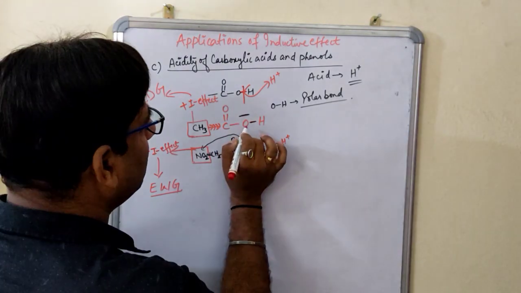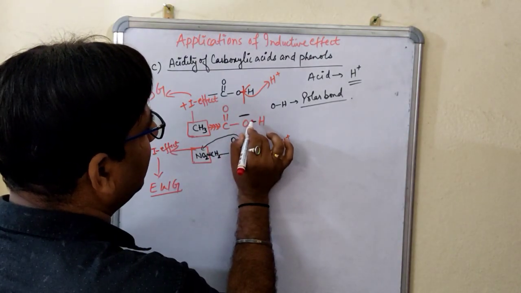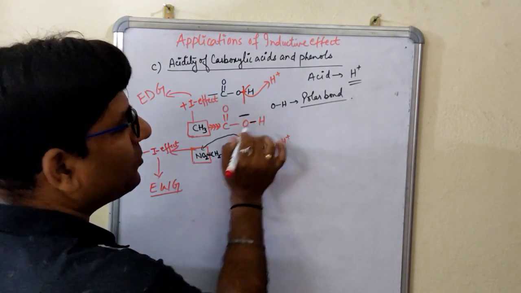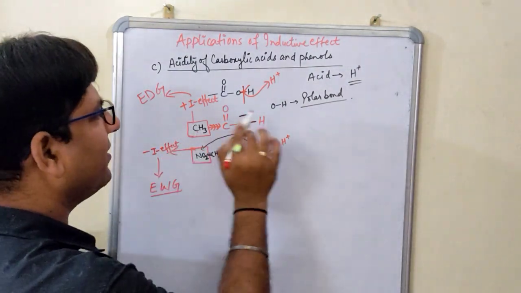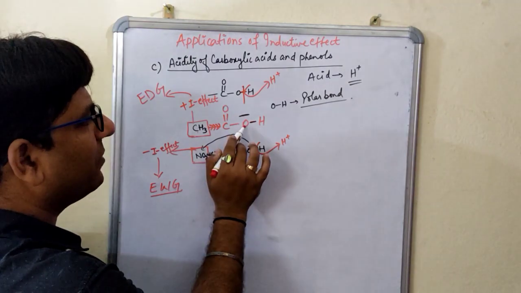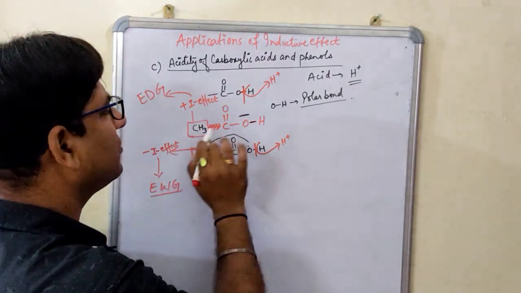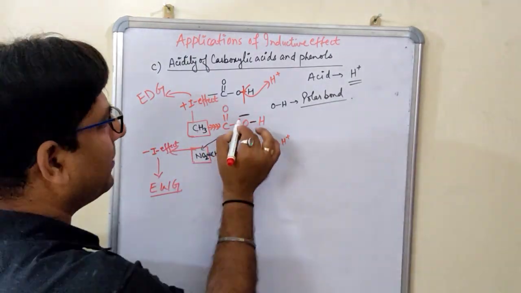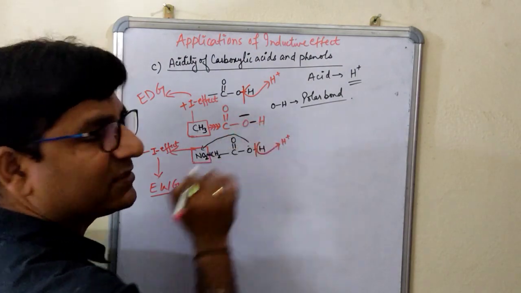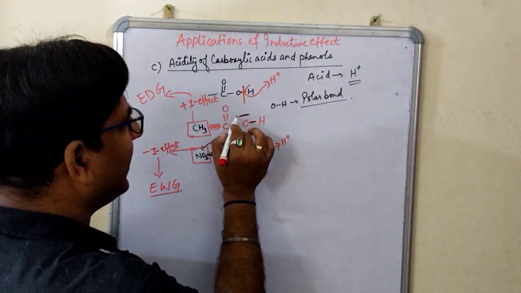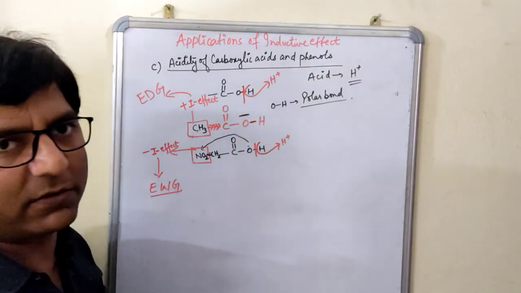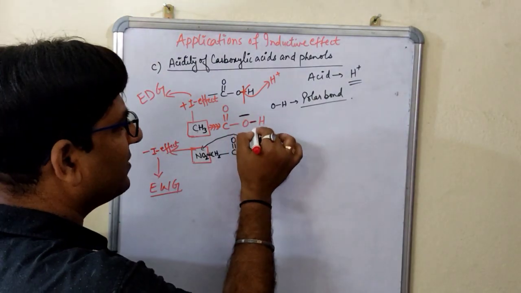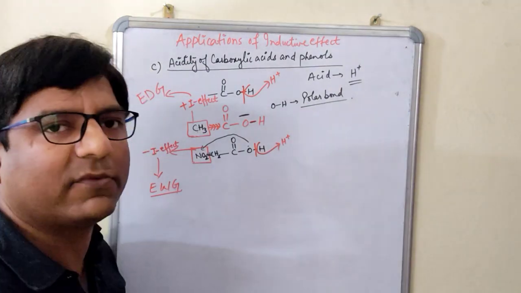Why? Because the bond between O and H is much stronger because of this, because it has given the electron. Already this is electron rich, and then also the electrons have been provided, so the magnitude of the negative charge has increased to a large extent, and that negative charge magnitude has made this bond also very, very strong. So it is not possible to break this bond and to move this hydrogen in the form of a proton.